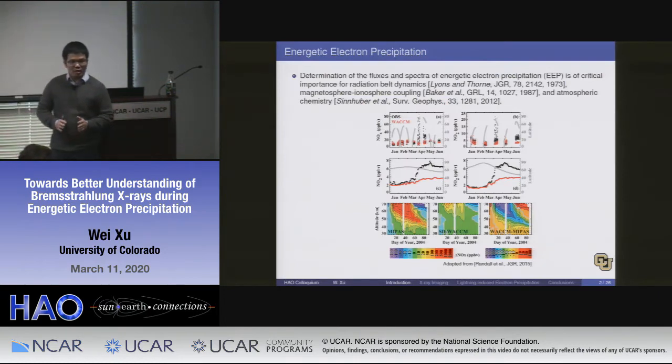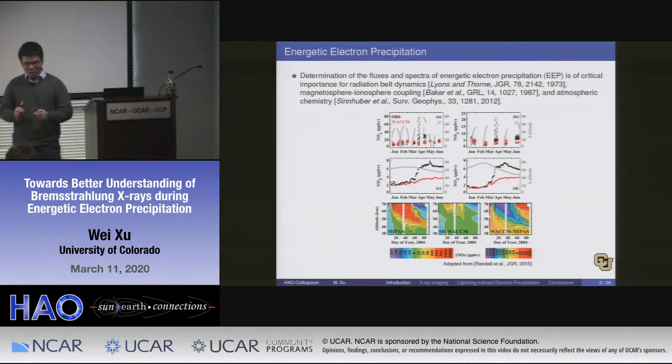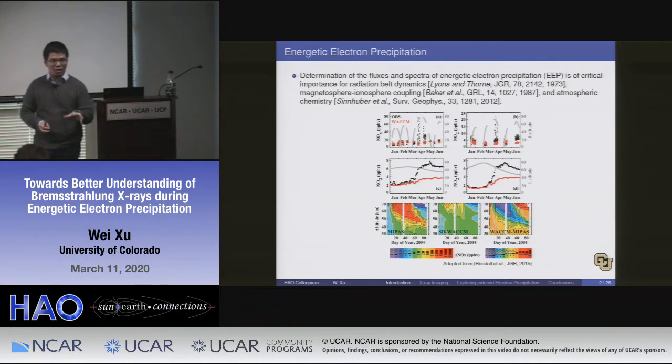Let me start with a brief introduction of the background. As you know very well, energetic electron precipitation causes significant disturbance to the radiation belt dynamics, the coupling between the magnetosphere and atmosphere, as well as atmospheric chemistry. The energetic electron precipitation is believed to be one of the main loss mechanisms for particles in the radiation belt and controls the balance there. And on the atmospheric side,